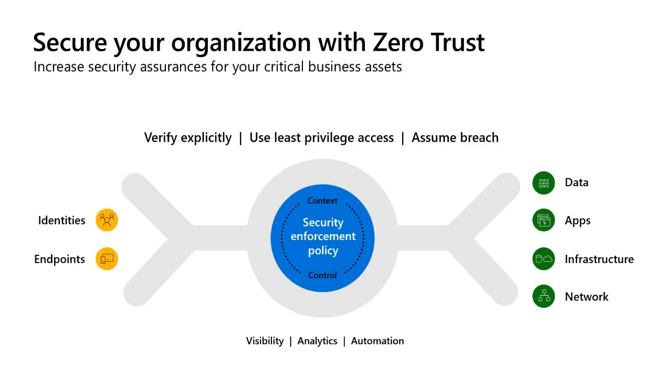What it means is at the very top, you can see those three phrases that are very important. Number one, verify explicitly. That goes back to things like multi-factor authentication. I want to know that if it's Seth123 at company.com, that it really is Seth that's logging in. It's Seth's telephone that's going to get a message, and Seth's going to have to read something on the screen and input it or select it or have a FIDO key or what. I mean, anything that would say, okay, yes, there's multiple ways that I've authenticated. I didn't just get username and password.